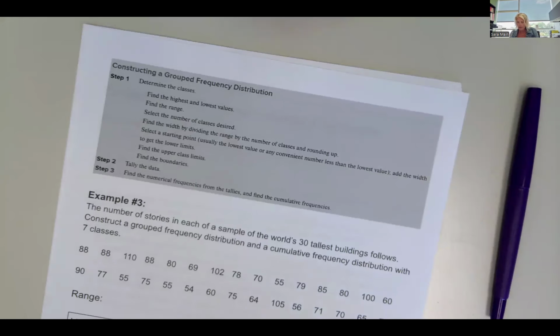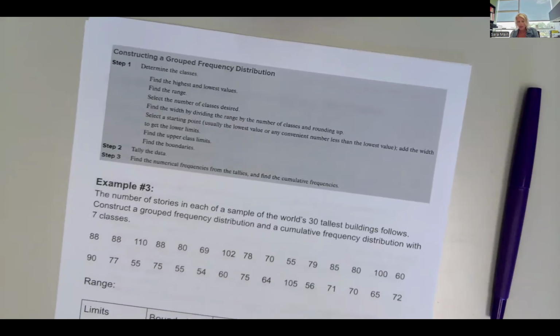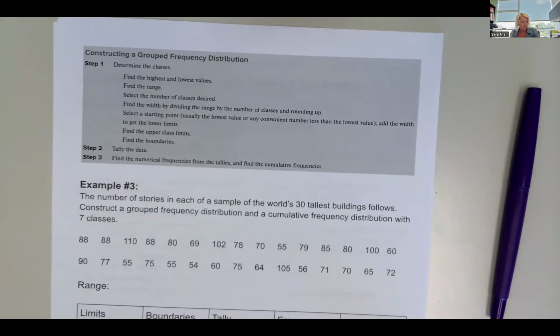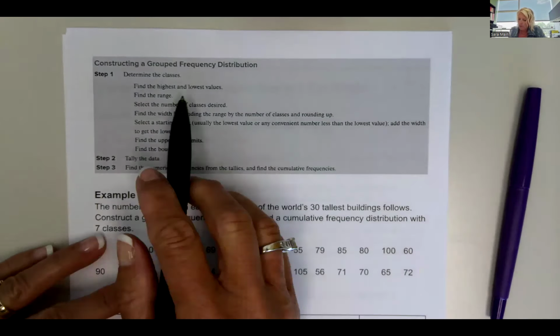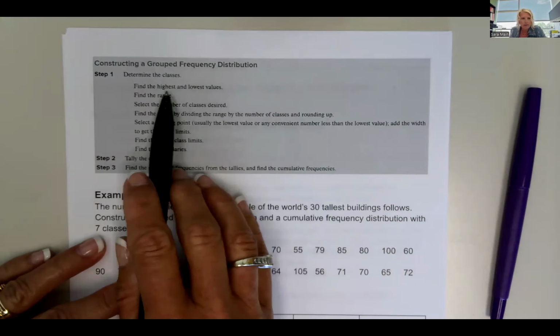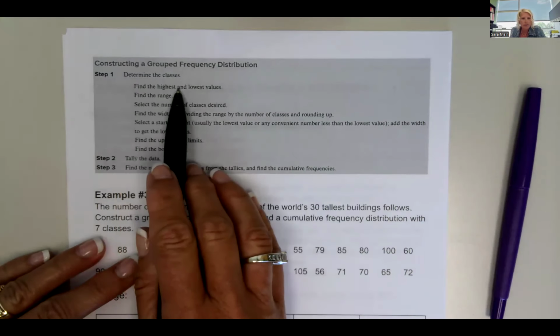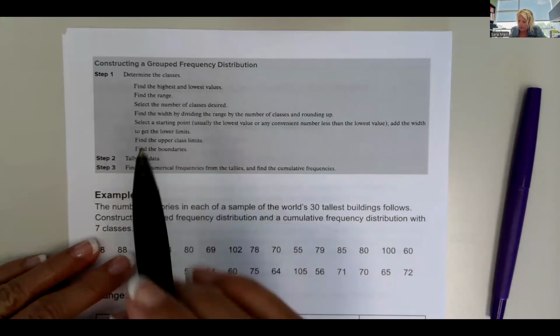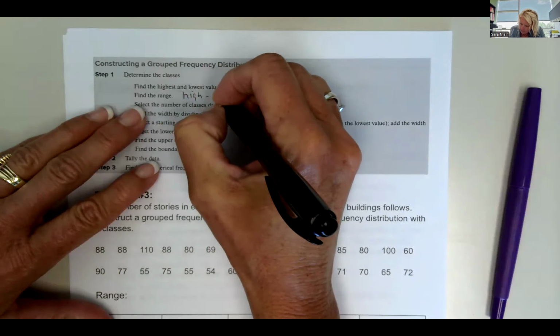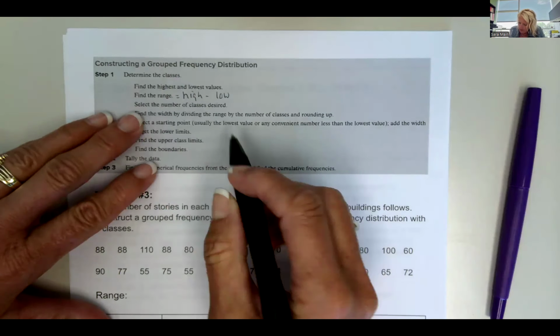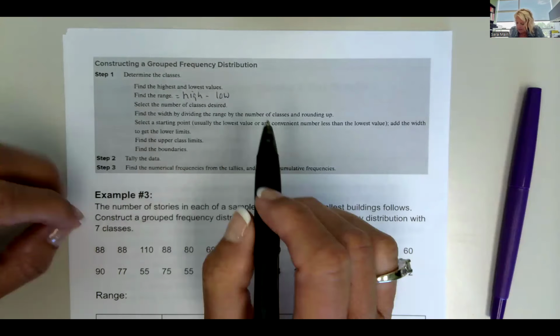Our last example, for example, lesson 2.2 is constructing a group frequency distribution. And I have the steps written here for you. So let's go through them. We're going to determine the number of classes. And to do that, we're going to find the highest and lowest values and find the range, which is the high minus the low. We're going to select the number of classes desired,